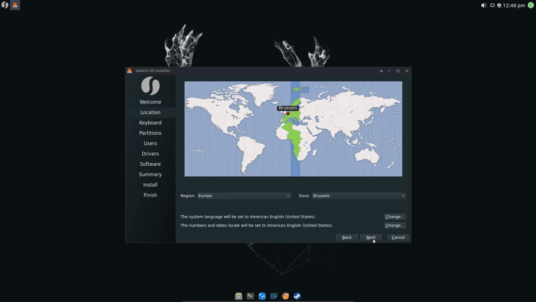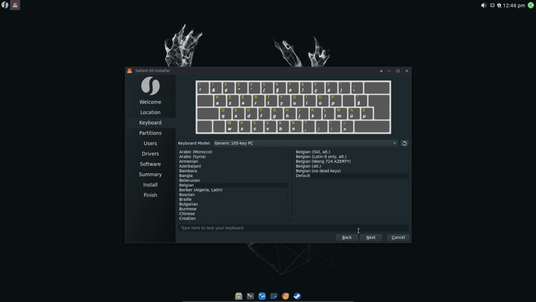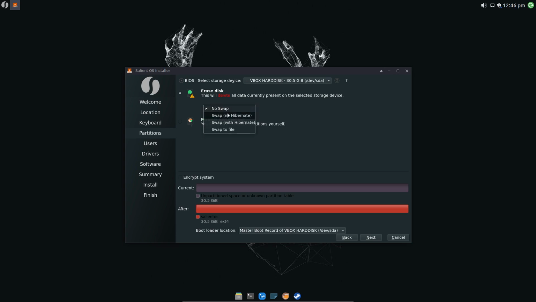Let's go on with next. Brussels, cool. Belgian keyboard, thank you very much. Next. And then our options, the standard options to swap, no hibernate, and so on. Swap to file, meaning 4 options, plus encrypting or not encrypting, passphrase, confirm passphrase. So we have 8 options, and we are going for an ext4 format. That's cool with us. Oh yeah, sorry, encrypt out.